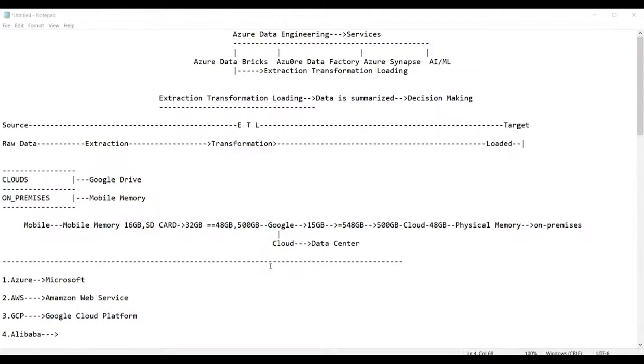Any other questions, guys? Sir, what is the duration? Duration will be 60 hours. Is it required to learn both Azure Data Factory and Azure Databricks for industry? See guys, there is no connection between Azure Data Factory and Databricks. If you learn it, that is up to you. If you don't learn it, there is no problem. You can get a job individually on Azure Databricks as well as on Data Factory. These are 2 different services.